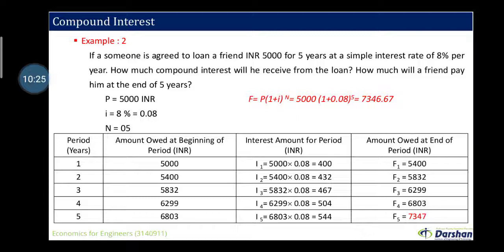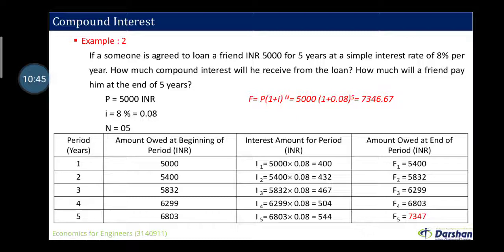So P is equal to 5,000 into bracket 1 plus 0.08, that is 8 divided by 100, in the power 5. If you do this formula, then you get 7,466.67 rupees. So here you see, in the bracket, you can easily understand from the